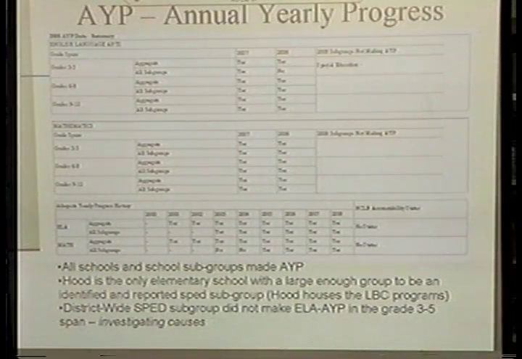However, when you take the entire SPED subgroup from the district, so you combine it with the Little and the Batch and the Hood, that whole group together did not make its target. So it did not make AYP district-wide. So that's an area we're going to have to focus on next year. It was only in English language arts. Clearly some indicators that we need to look at in terms of doing some remediation. And again, Title I is back online this year, so we think we're going to be able to nip this in the bud.